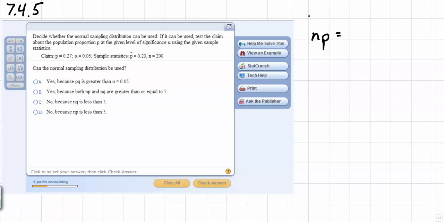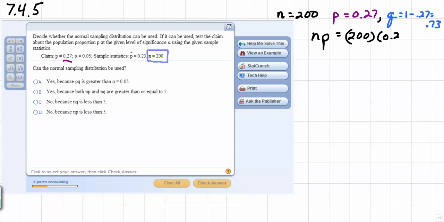by saying, I know that n is equal to 200. How do I know that n is equal to 200? Because that's given right here. And we're going to use p as 0.27. So p is equal to 0.27, which means that q will be equal to 1 minus 0.27, which is going to be equal to 0.73. So we'll find np first, which will be 200